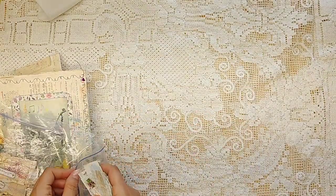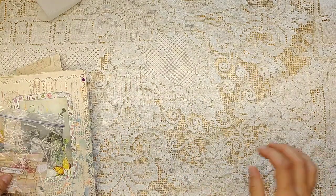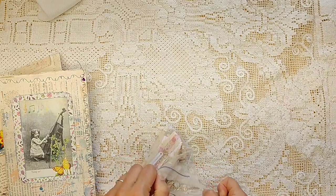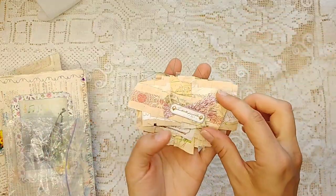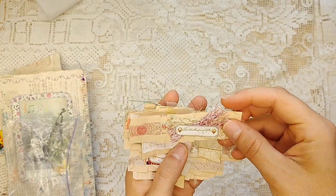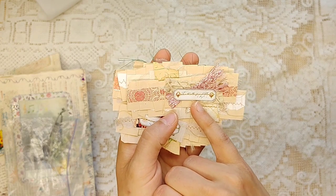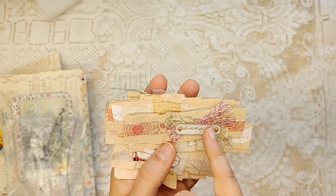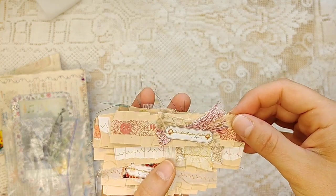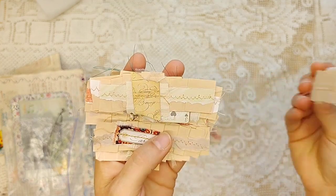So what a nice collection. There's quite a few, and that one that I created. And then this is also a snippet set using the tan paper, stitched paper ribbons, and just little pieces of ephemera. I believe that these are all from my Script and Lace kit. I've printed them super tiny, and there's papers and fabrics and trims. So there's little labels, little faux washi tapes,